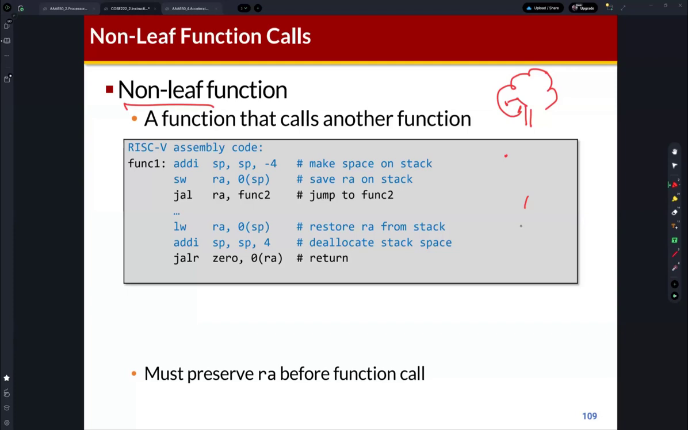it means a function can call another function, right? We frequently implement our code like this. Some functions can call other functions. And what's the problem? The problem is when a main function